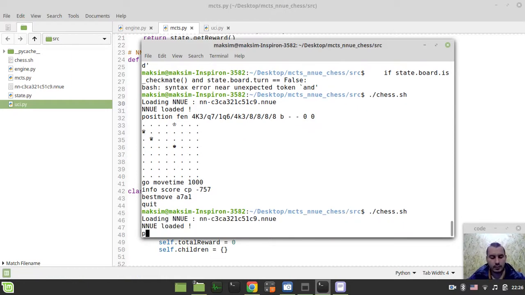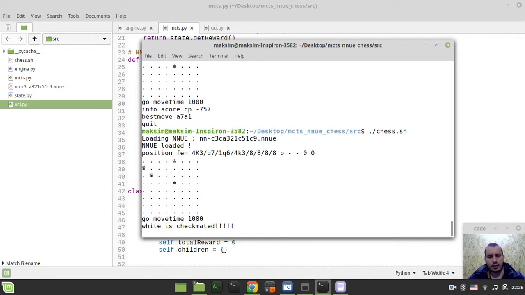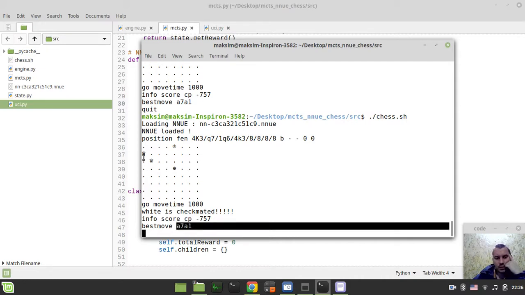Okay, so I just want to make sure. Okay, so he gets there. He really gets there. But for some unbelievable reason, why does it make this weird move a7 to a1